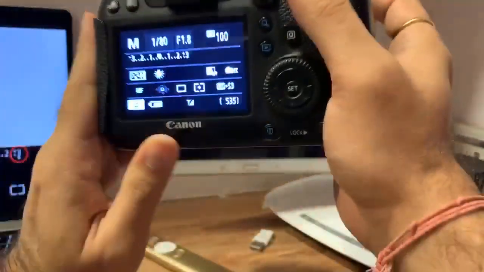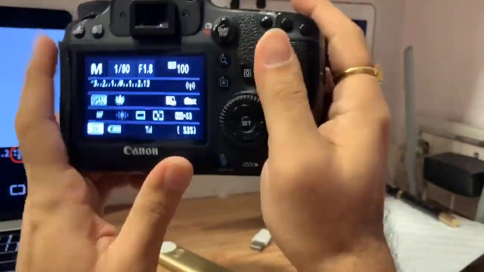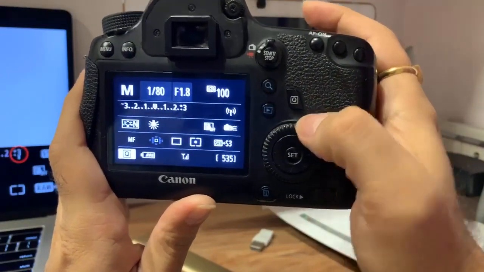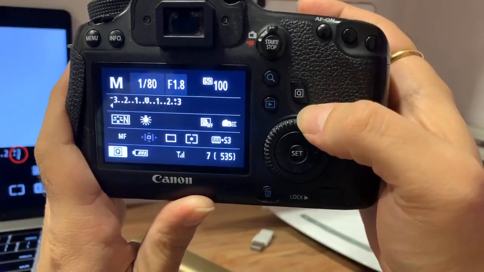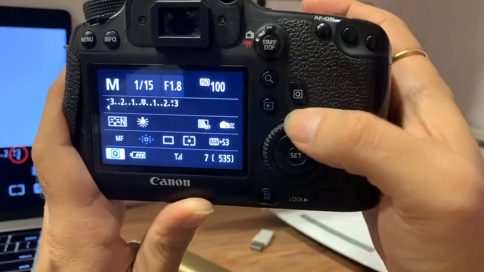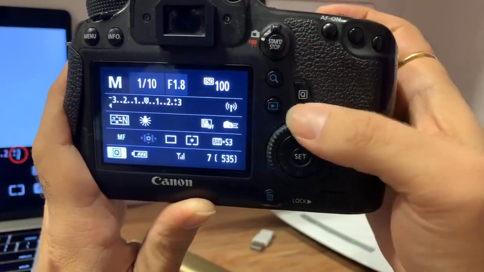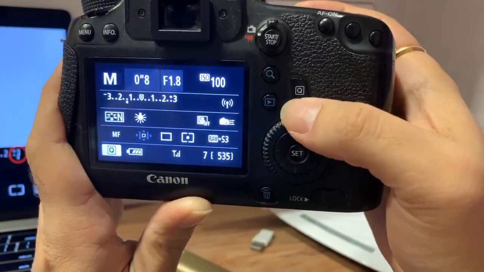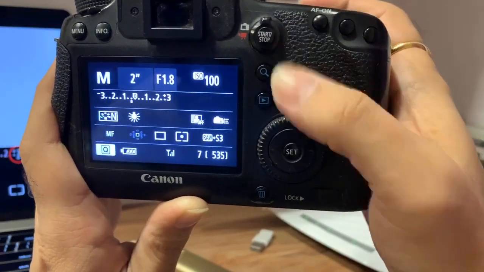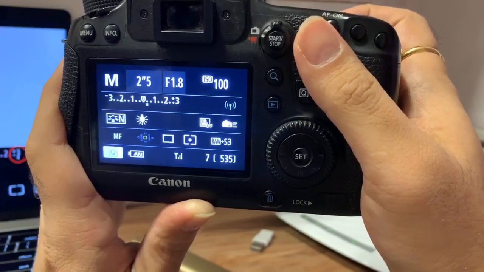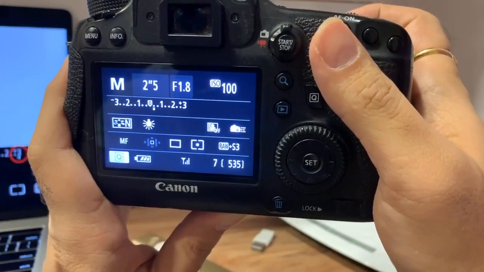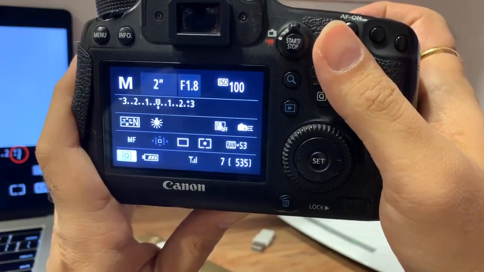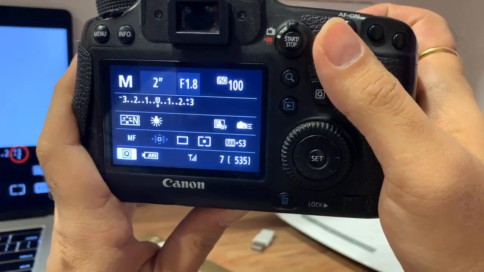So what do I do to get the cursor in the center? I can play with these top 3 settings. What I can do is I can reduce my shutter speed, in the sense, let me try and get the shutter speed slower. So say 1 by 10. So even now it is on the minus side, but now you can see that it's coming in the center if I'm making my shutter speed slower, and now it is perfectly exposed. Now it is in the center. So now what is going to happen is, if I take an image, it's going to be well exposed, but the shutter speed is close to 2 seconds.